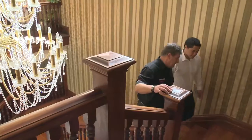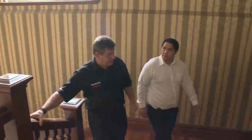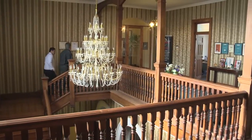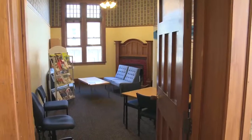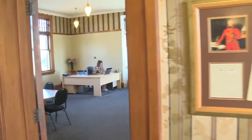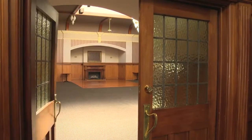Yeah, well, one of the great things about this building is the size. We've got 18,000 square feet here, which allows us to do a lot of training, which we do a lot of in-house and external training. We've got two smaller training rooms in here. Downstairs, the big ballroom, the old ballroom, that's where we run the training school where we have 20 or more